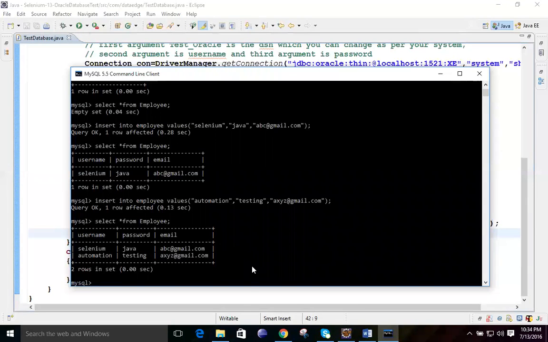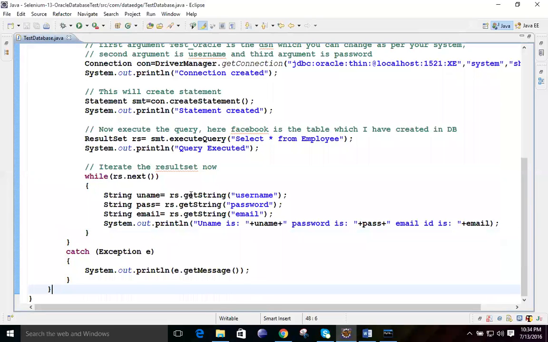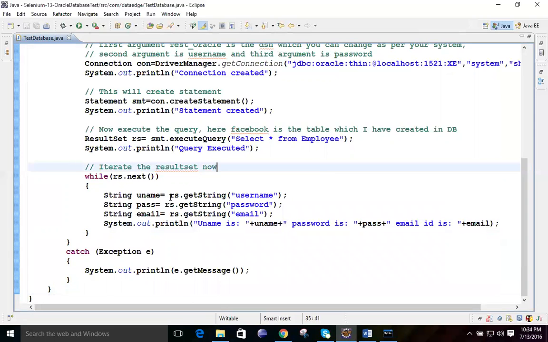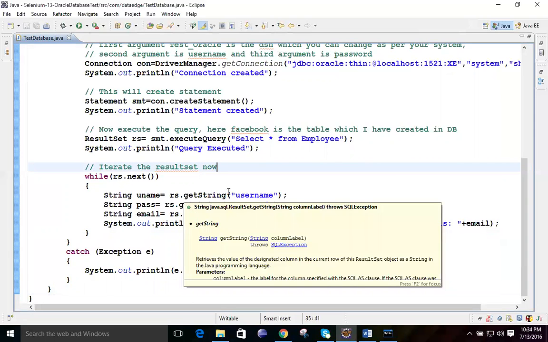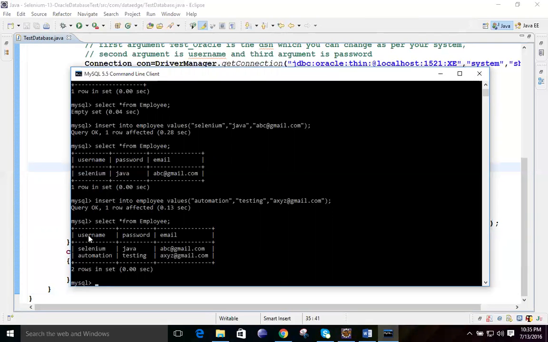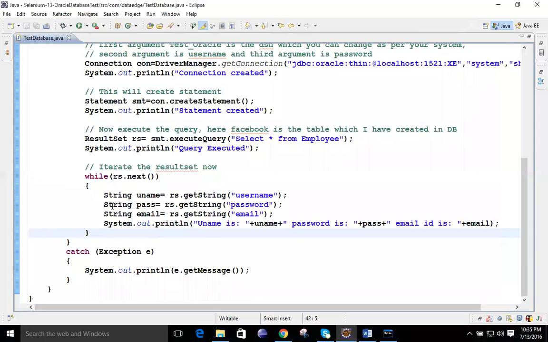Age will be of integer type, so for that you need to write rs.getInt(). And rs.getString() gets string type data. Which column will it take? You need to give the exact column. Here username is the first column, password is the second one, and email is the third one. You need to give the same for these three.